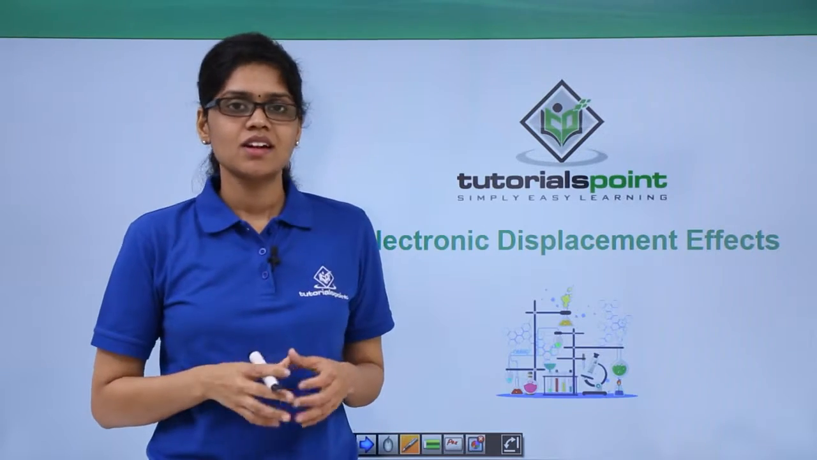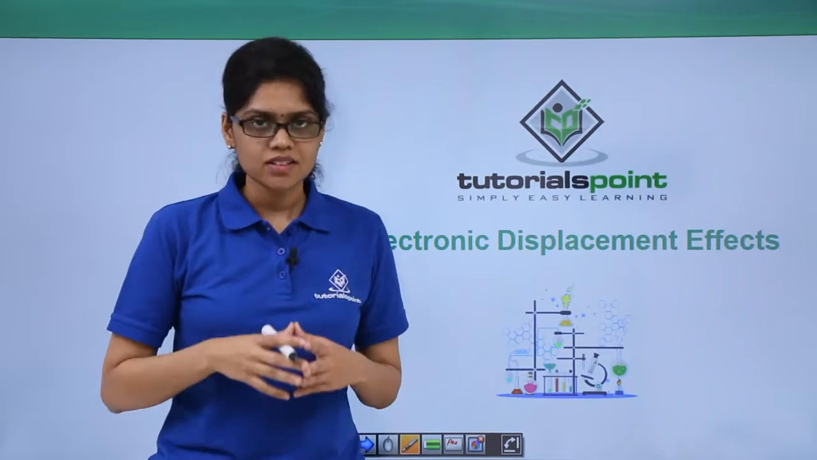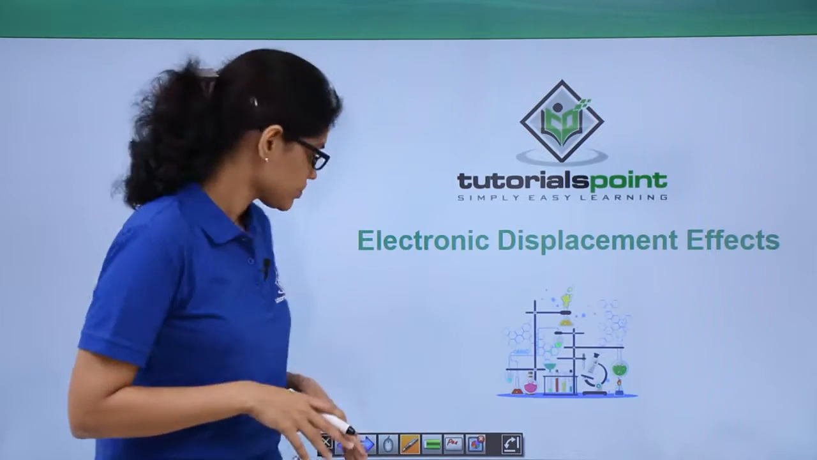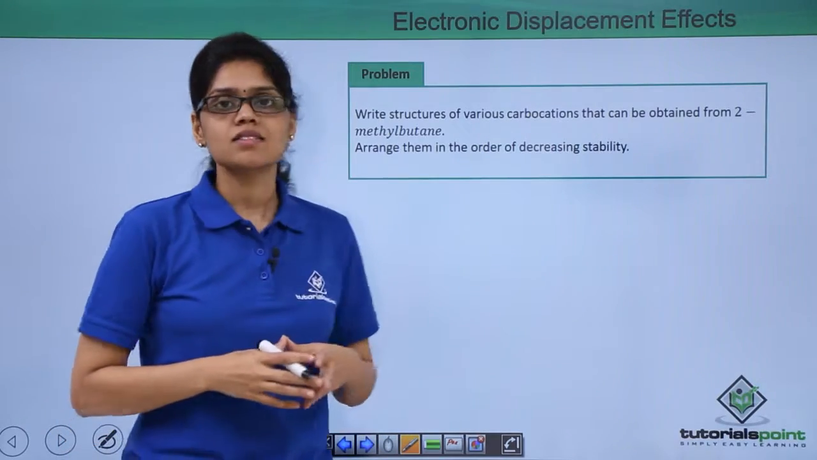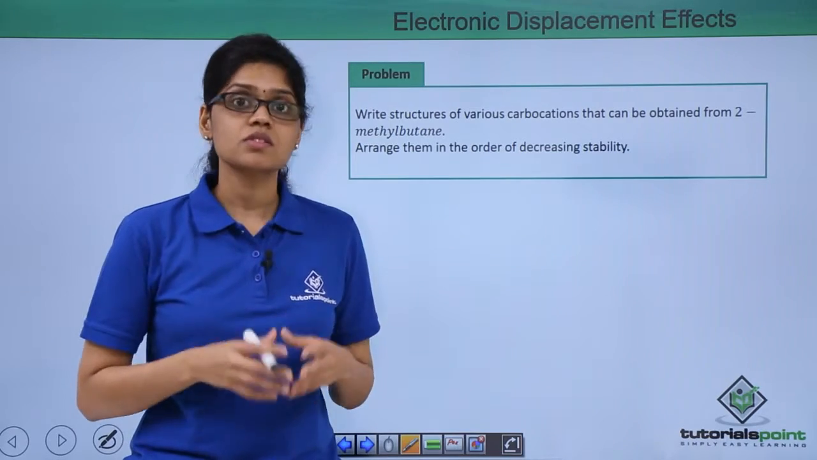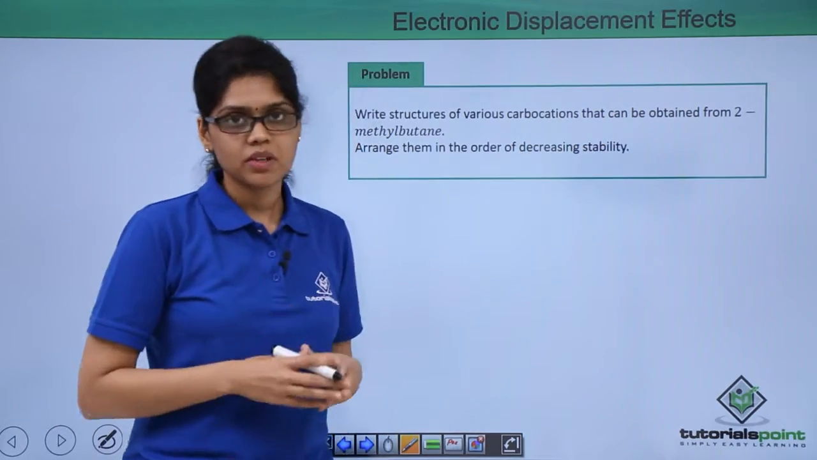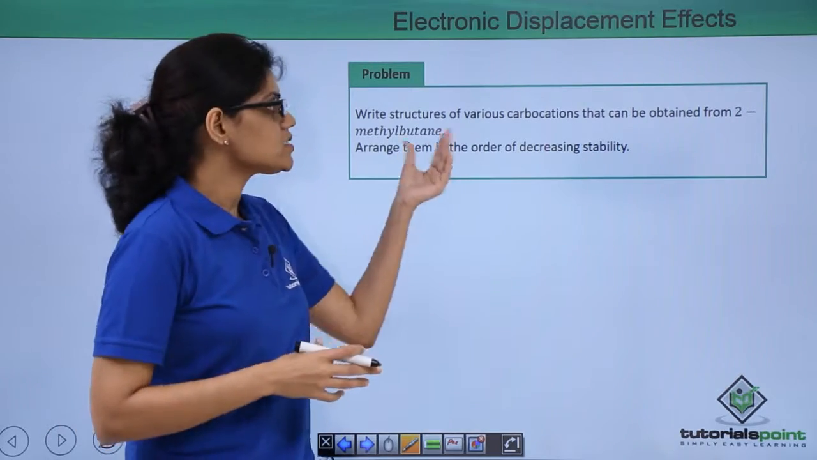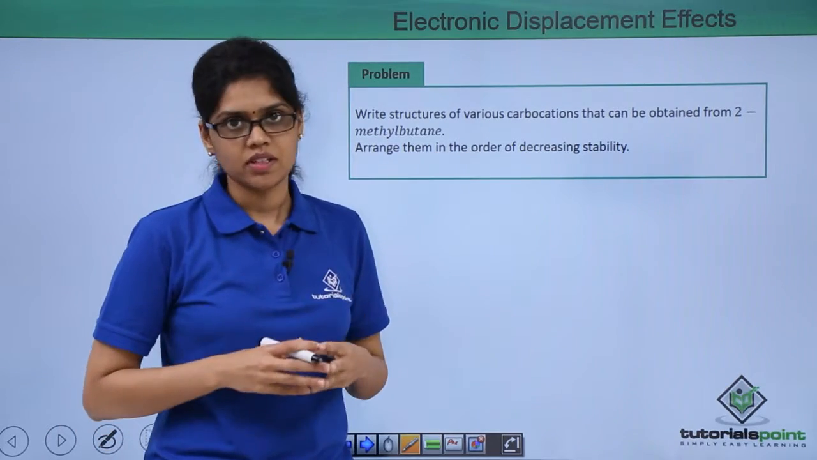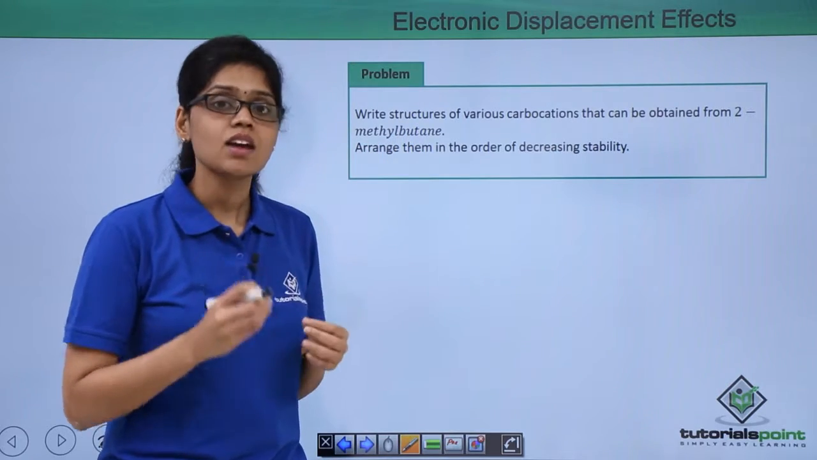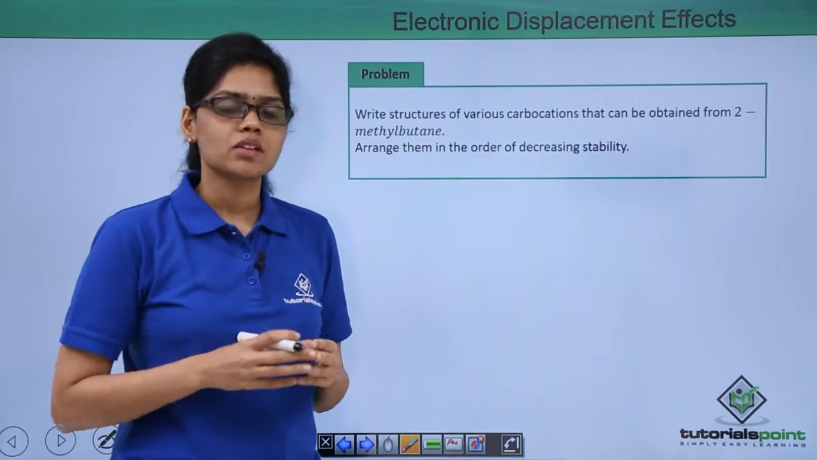Hello everyone. In this video we are going to discuss another problem based on the concepts involved in electronic displacement effects. So the question that is asked here is that we need to write the structures of all the carbocations that can be obtained from 2-methylbutane and also arrange them in the order of decreasing stability. So let's try to draw the structure of 2-methylbutane and see how many different types of carbocations can be obtained